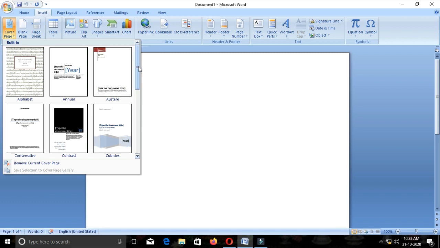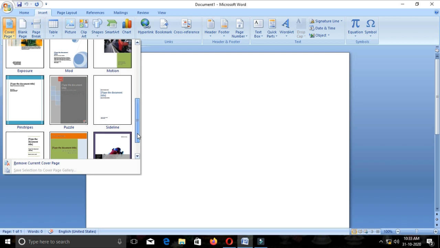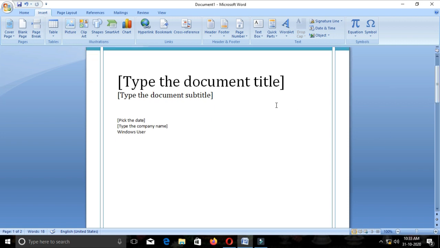You can choose any one of these. I am going to choose this template.